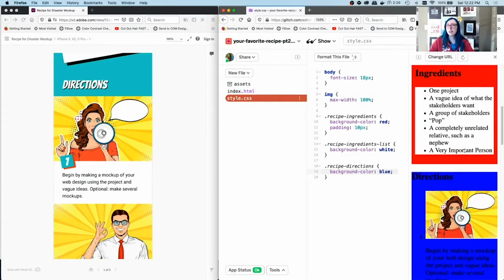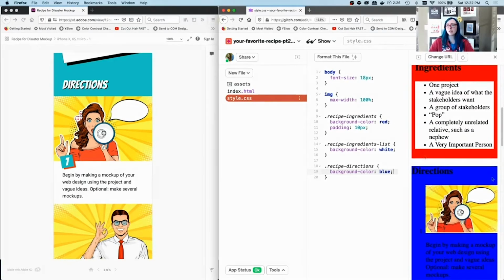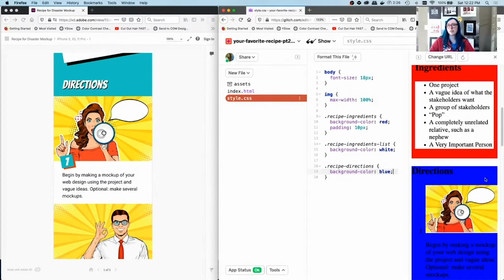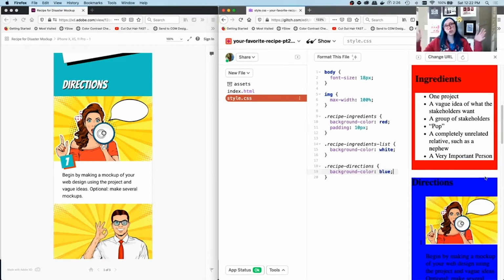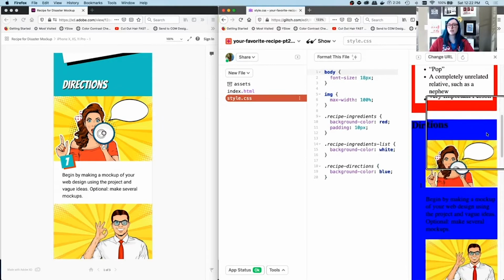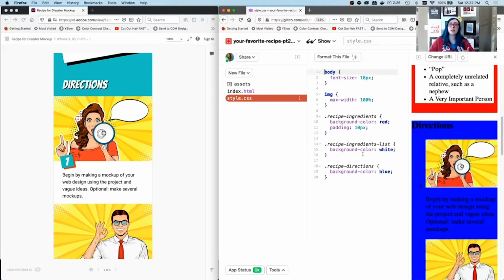So one thing that you're going to notice is that it looks like some stuff is getting cut off, even though we said that we don't want images to be any more than 100% of the width. Why does this happen? This happens because of the box model. So the box model basically determines how the width of something in your CSS is going to be calculated.